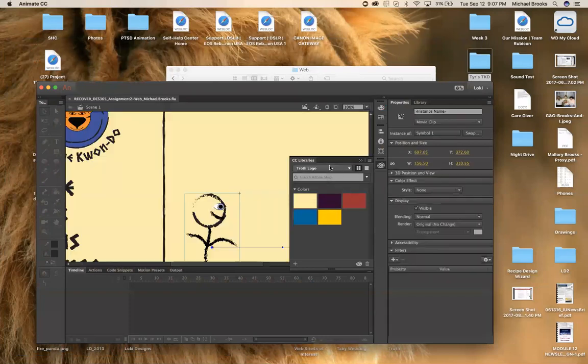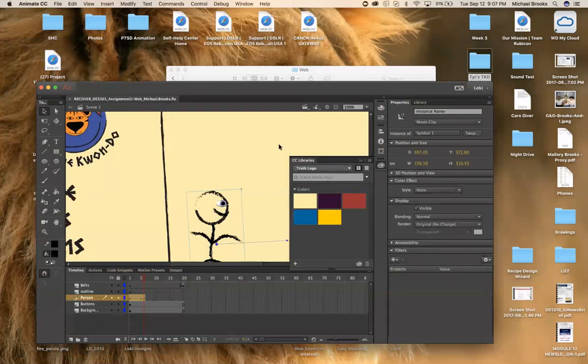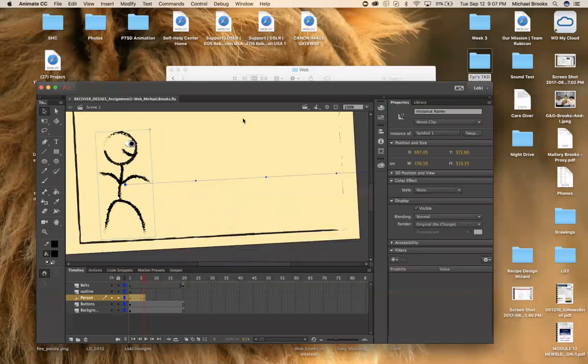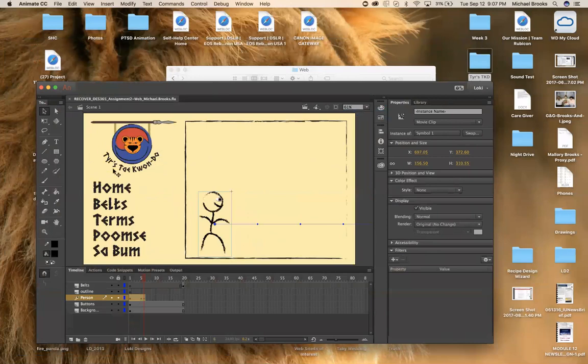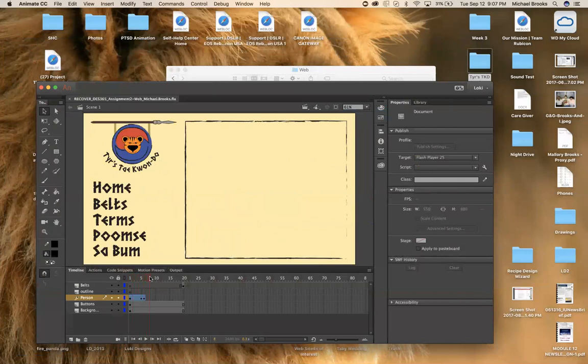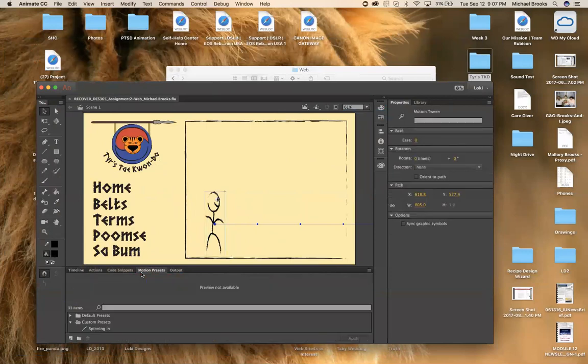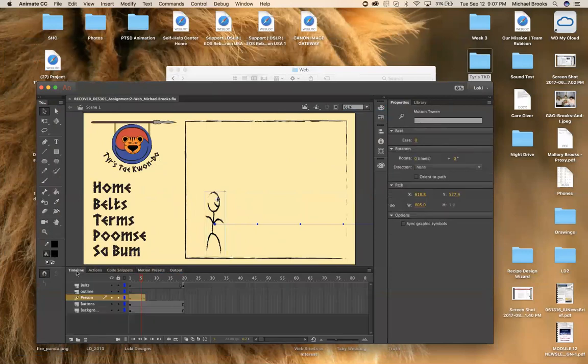All right, so now this is where we were at, right? He flies in, right? And stops right there. Okay, so now what we're going to do is for that guy flying in, the fun part. So right here,